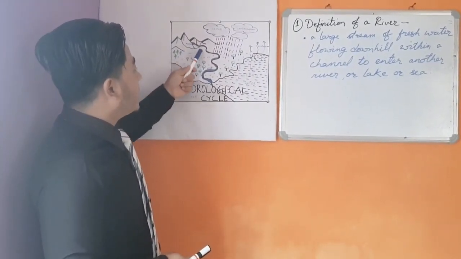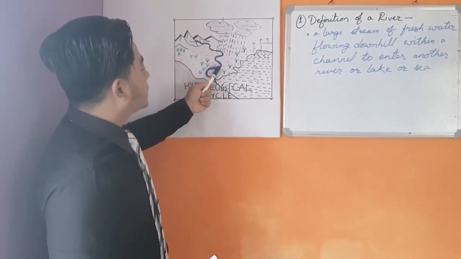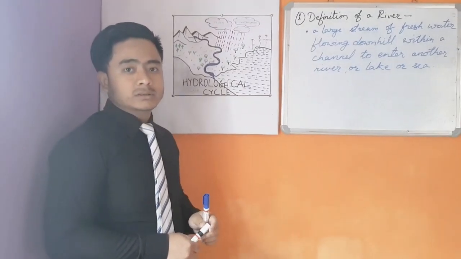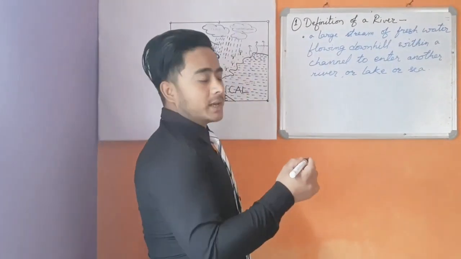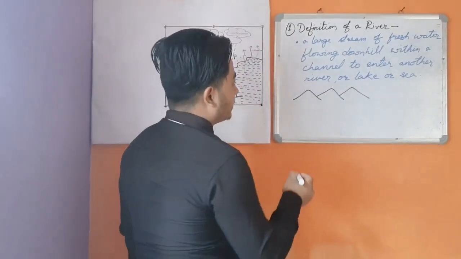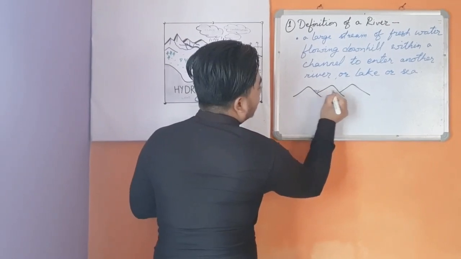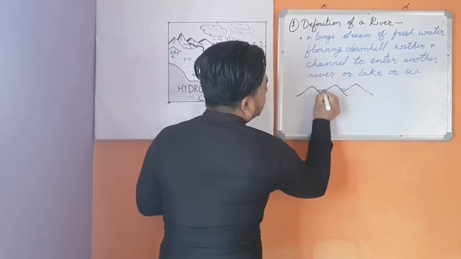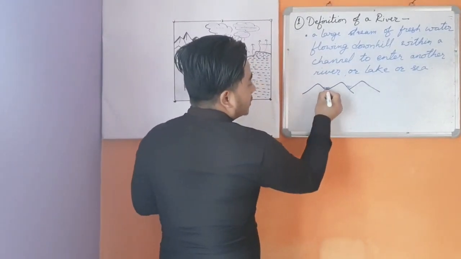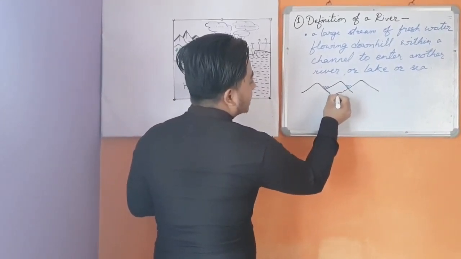As you can see in this diagram, this particular blue irregular line indicates that it is a river. So let me further explain with the help of a diagram. For example, if this is a mountainous area, in the mountainous areas, a glacial lake forms due to the melting of the ice and glaciers, as a result of which the river or water starts flowing downward from this glacial lake,